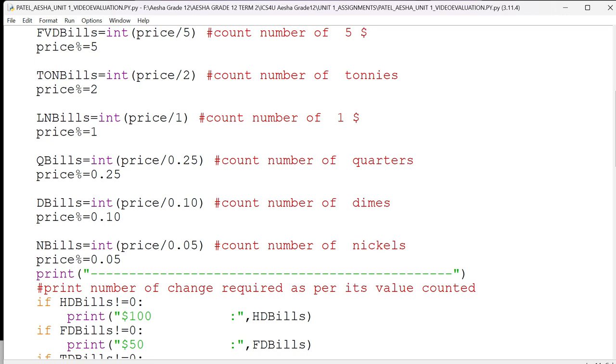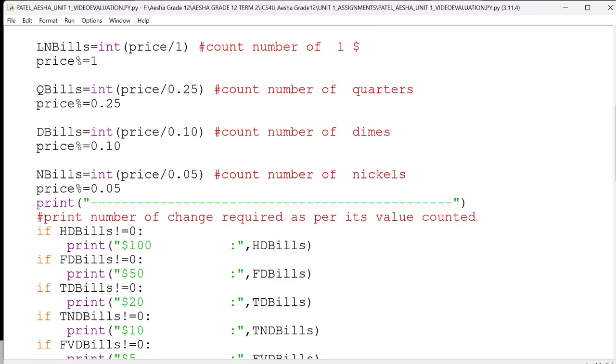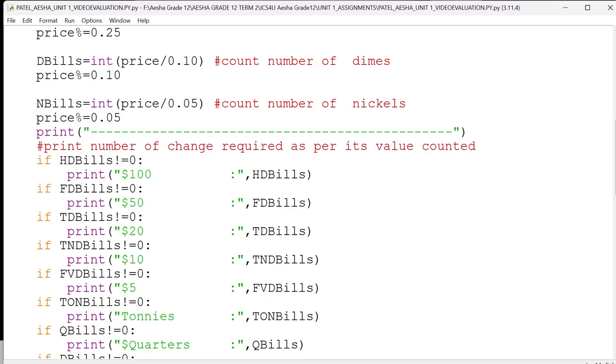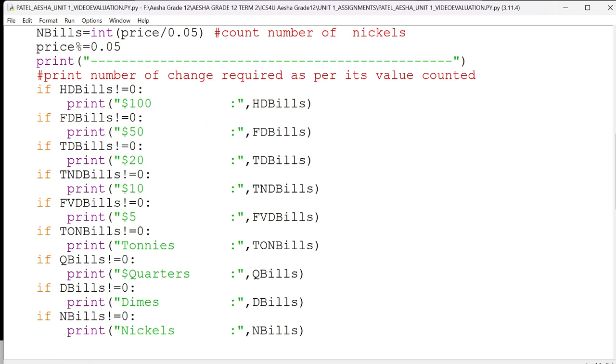Now here we print the number of changes required as per its value counted. For that we have used if. If HD bills is equal to 0, then it will print for $100. Then if FD bills is equal to 0, then it will print $50. If TD bills is equal to 0, then it will print for $20. If TND bills is equal to 0, then it will print for